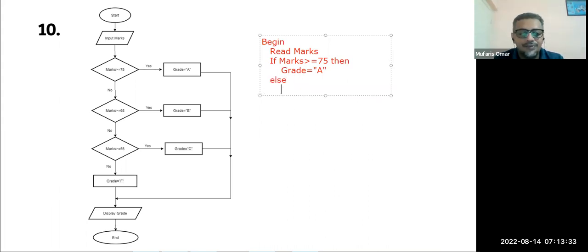Else if marks is greater than or equal to 65, then what do you have to do? You have to say grade, you don't say display here, you just assign the grade, you give the value to this variable. Right? So the third one, if marks is greater than or equal to 55, then what do you have to do? You have to say grade equal